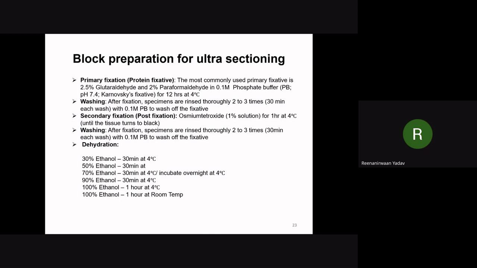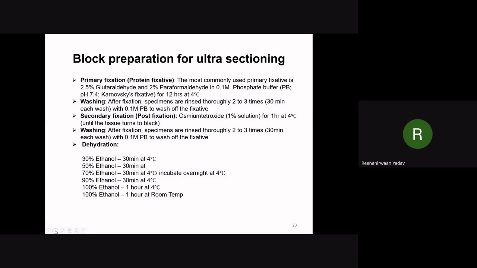first we have to fix our sample, generally by using a mixture of glutaraldehyde and paraformaldehyde, which are prepared in 0.1 molar phosphate buffer for 12 hours at 4 degrees Celsius. The duration we can change according to our type of sample. For example, cells need a shorter duration while the tissue needs more duration for fixation. And then we can wash out this primary fixative 2 to 3 times by using 0.1 molar phosphate